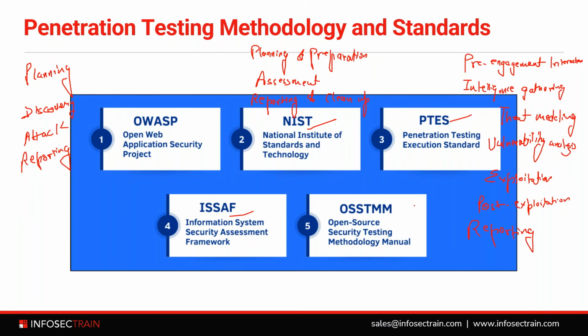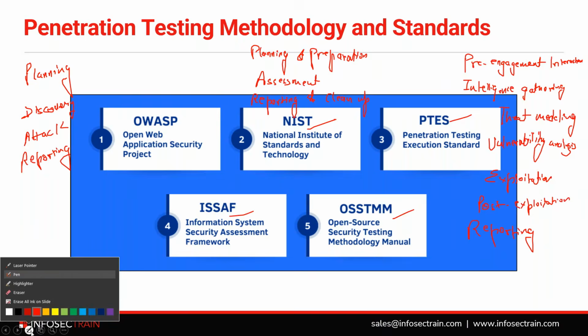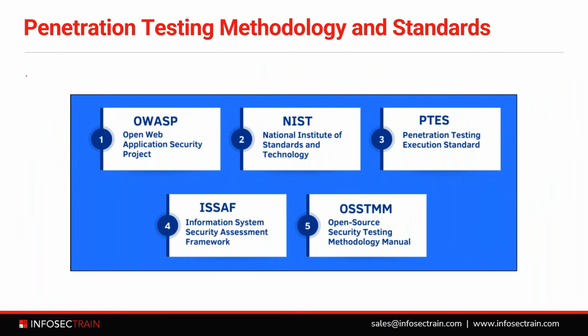Then we have OSSTMM, Open Source Security Testing Methodology Manual. So it is a rigorous scientific framework for conducting assessment across multiple domains. And it is developed by Institute for Security and Open Methodologies. So it's designed to measure operational security, not just find vulnerabilities. Right? So OSSTMM does what? It breaks the security testing into five channels. Right? Now those five channels are